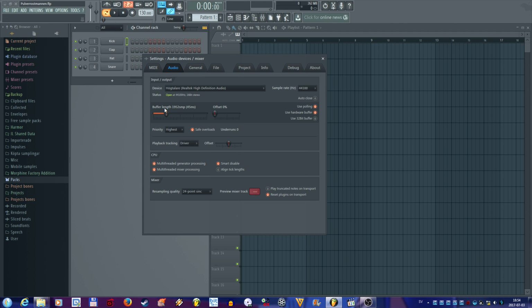But if you put it too low, you will get underruns and the sound will stutter. So you will need to test, depending on your computer's performance, how low you can go before the underruns start to go up. So you should put yourself somewhere as low as possible, but not increasing the underruns too much. And there can be some settings here you can test out, but most of them are set